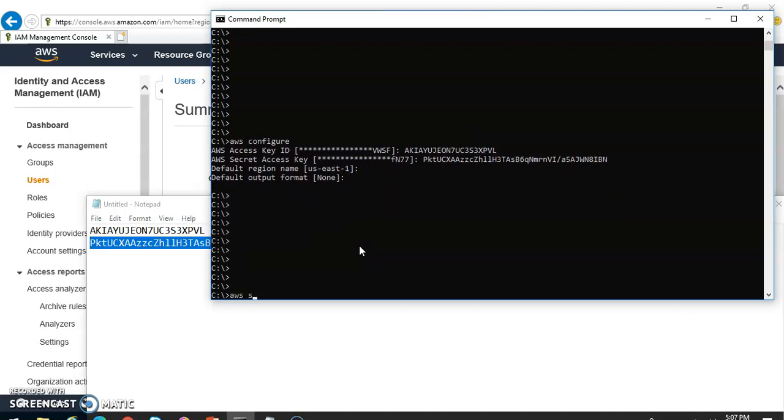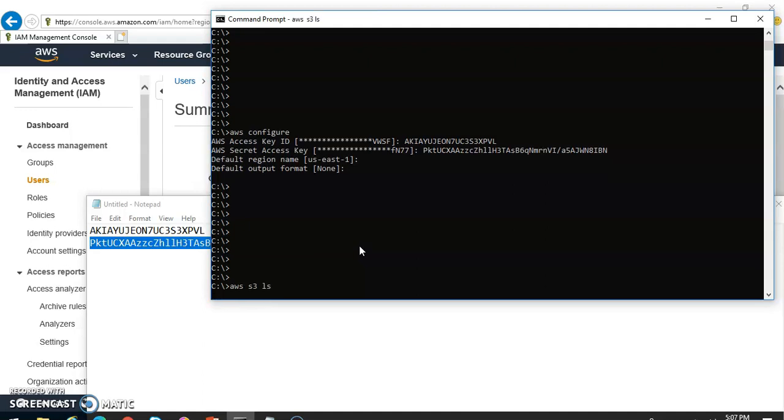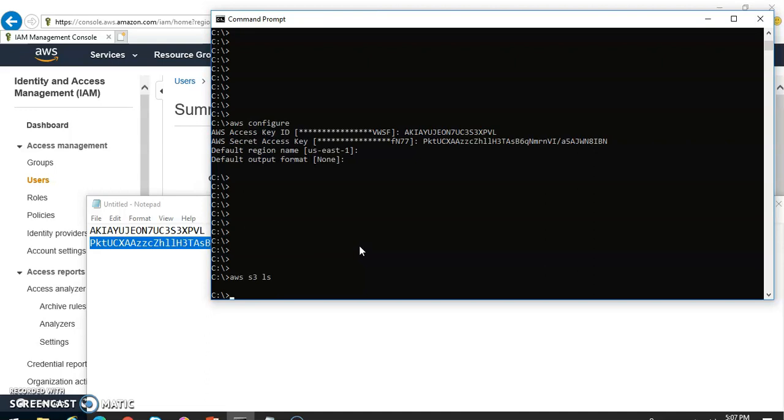So now I will try to access S3 in the same account, which is account 111. I don't have any S3 here. So I will try to access the S3 bucket, my all tech bucket, in account 222.